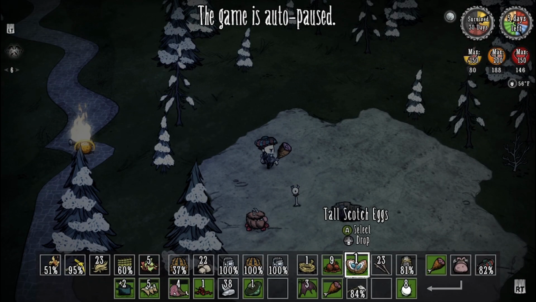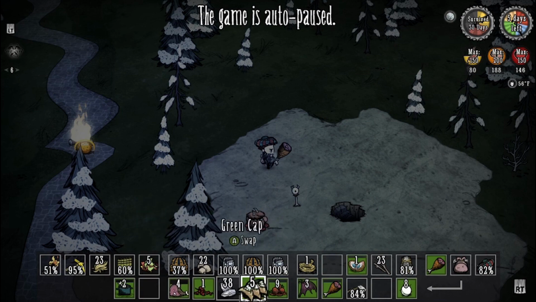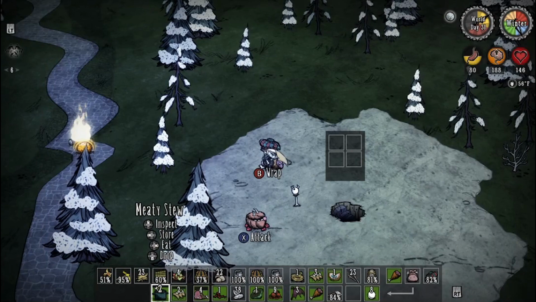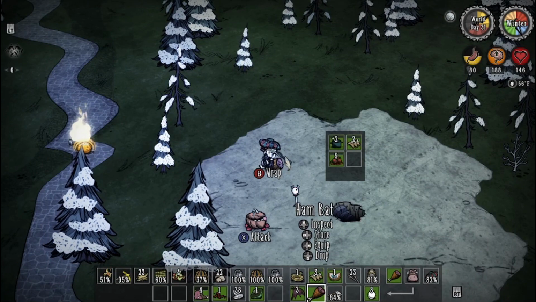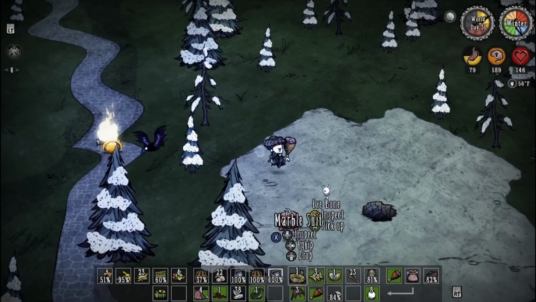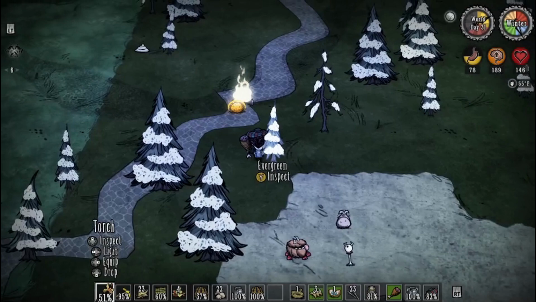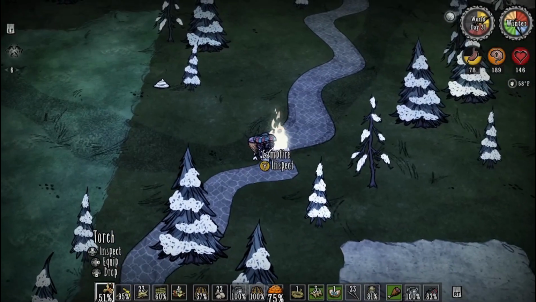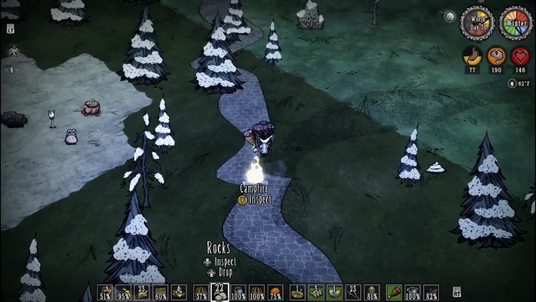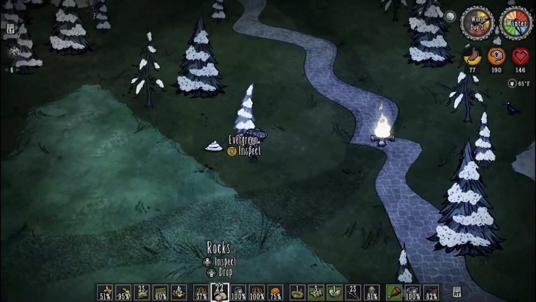So our premier healing item is going to be the tall scotched eggs. And then some pierogi for just served from posterity. Everything else goes in. So you'll know if you have enabled screen shake, you'll feel where she is. You'll be able to see that she spawned on...